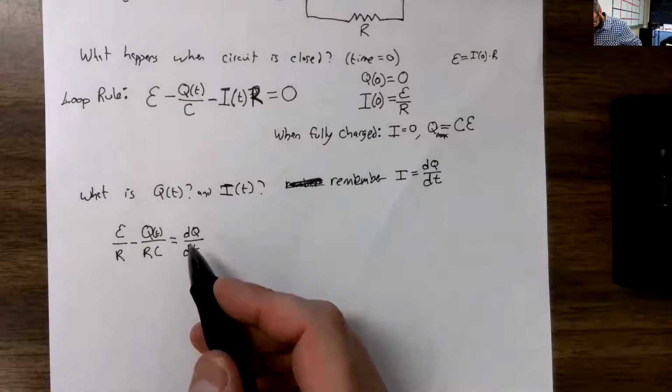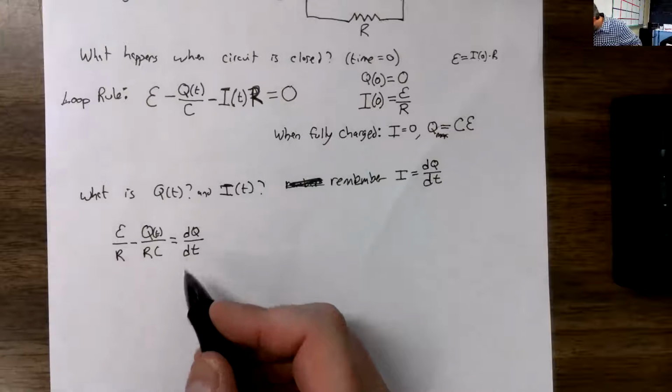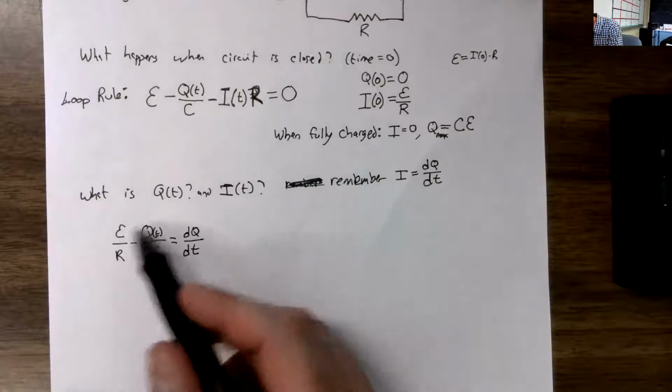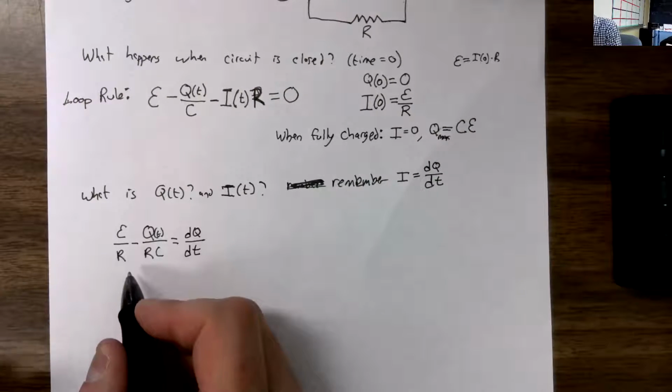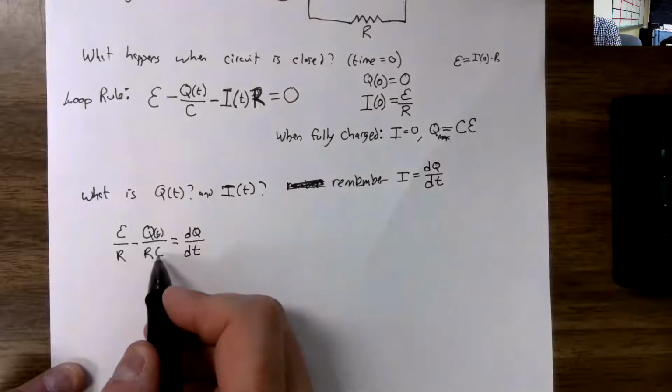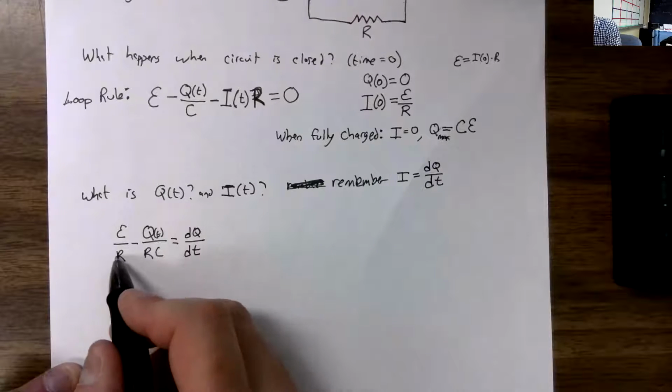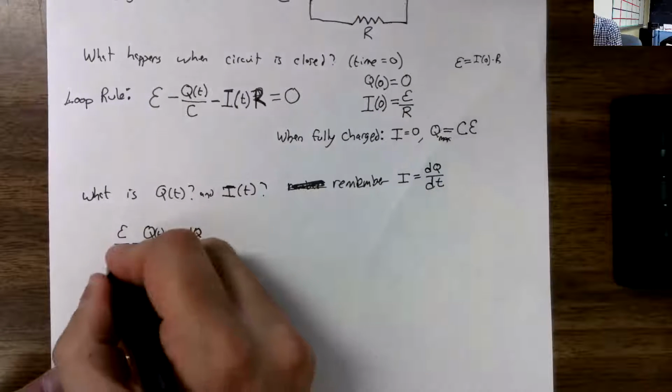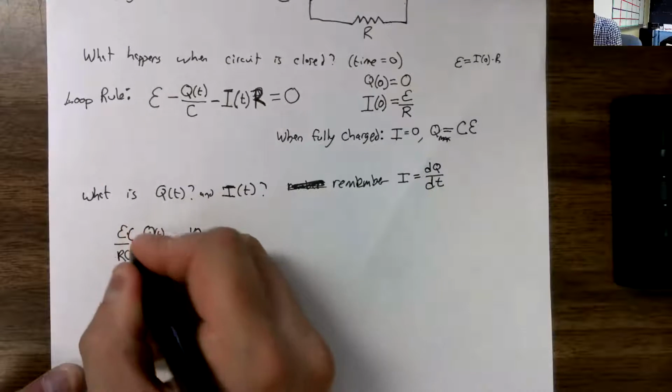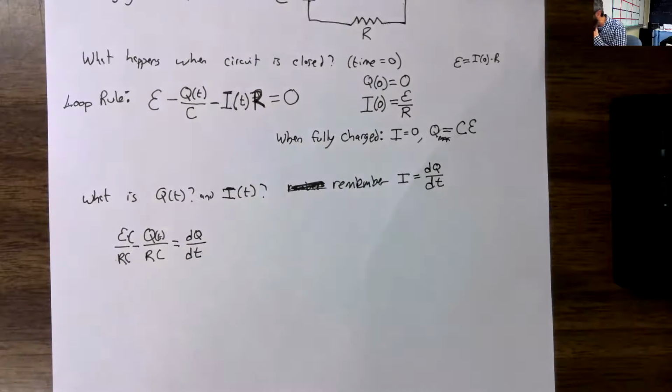Okay, so let's see now. Let me combine the terms over here. I want to make the denominators the same, so I'm going to do a C over C in this term. And the other thing I'm going to do is